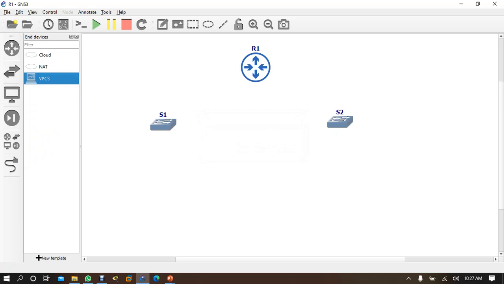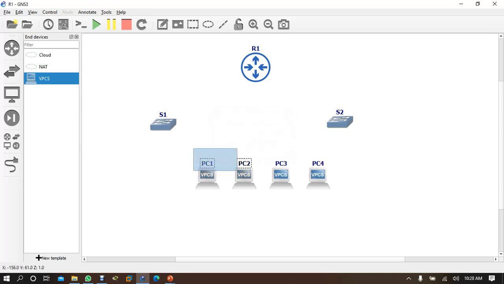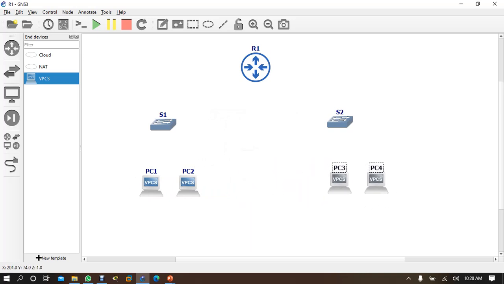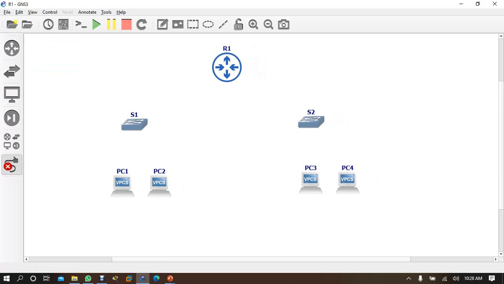Here we'll take two PCs. There is also a simple option: select with the mouse, press shift and leave it, say 4 PCs. PC1 and PC2 are part of this network, and PC3 and PC4 are part of this network. Now the part is coming for the connectivity.